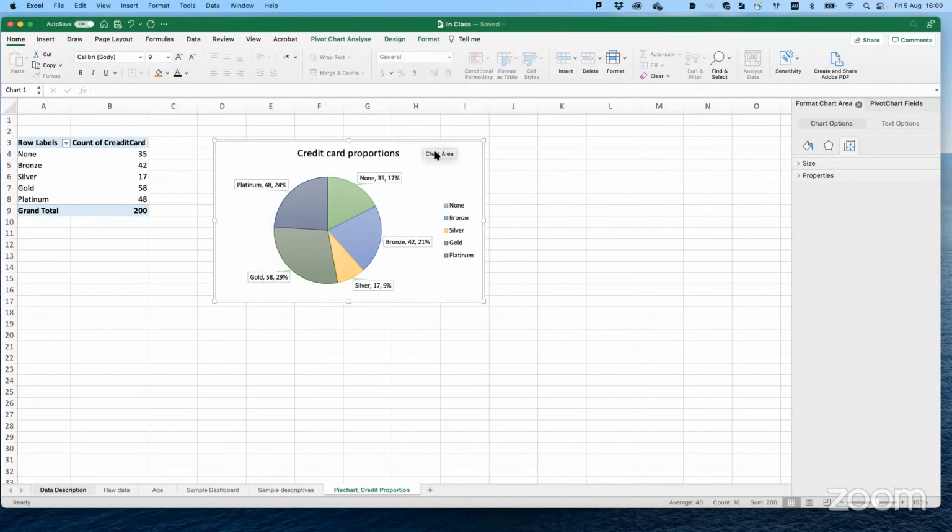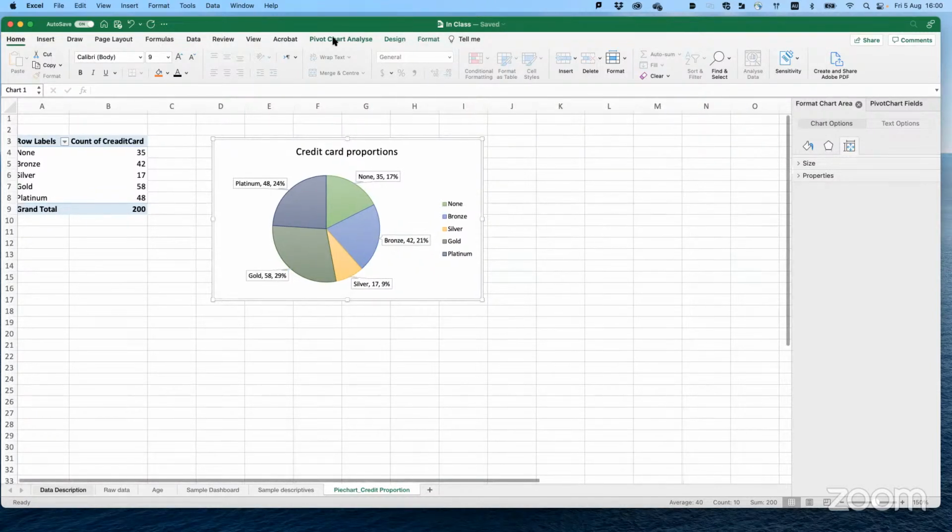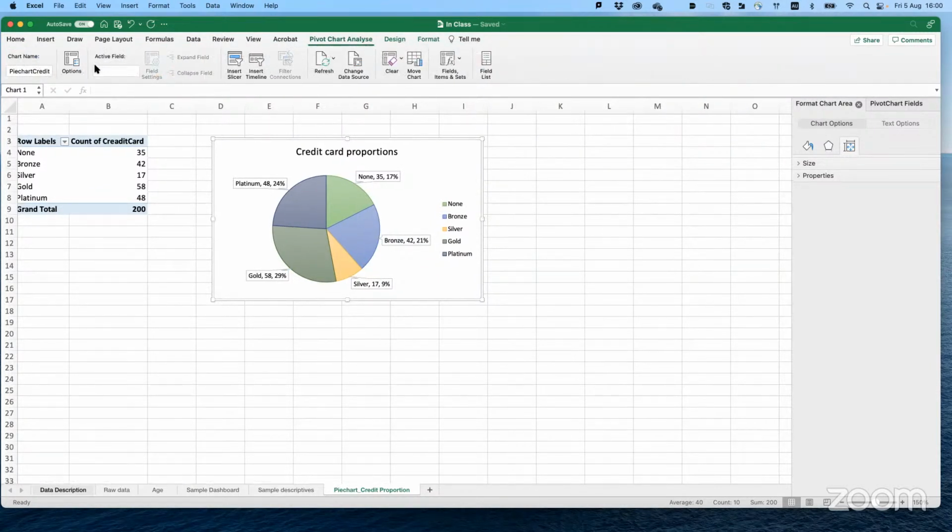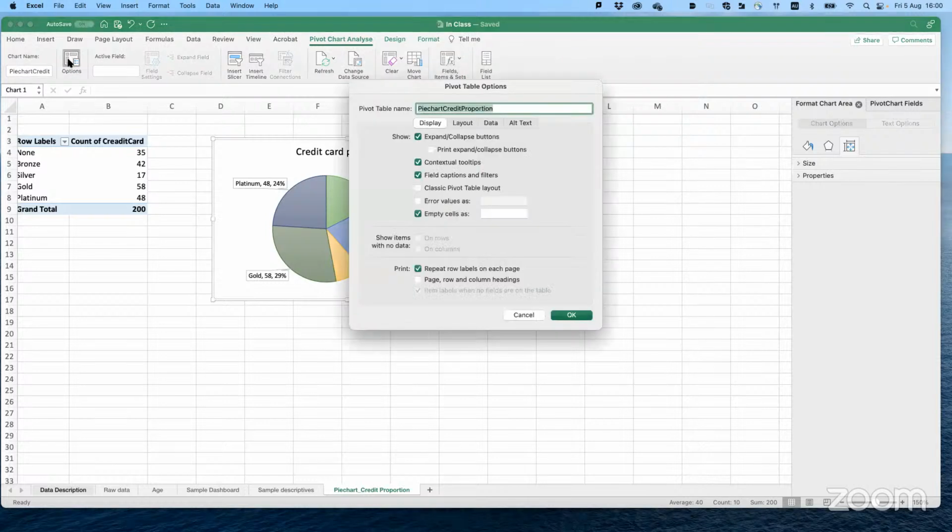So sometimes there are some buttons on your chart. So if you go to charts, let's say where I will find your answer about how to remove the buttons.